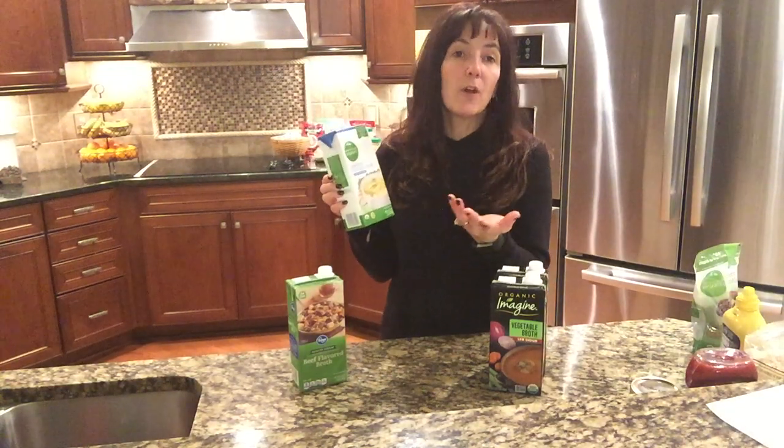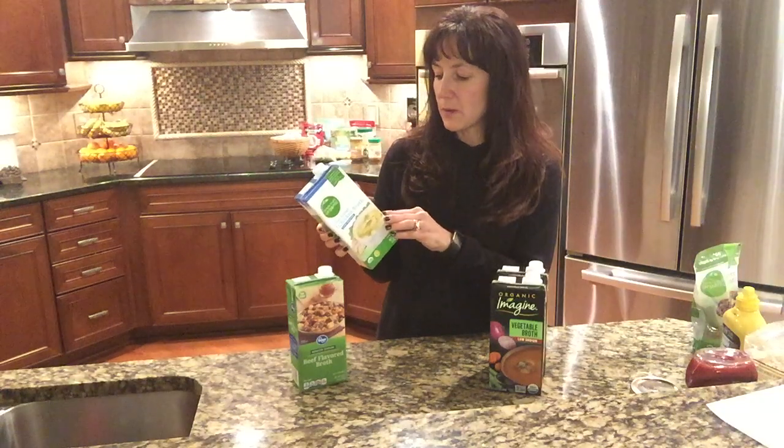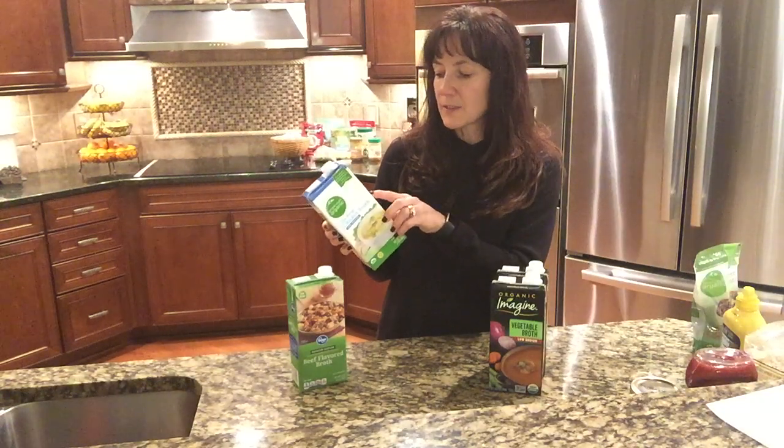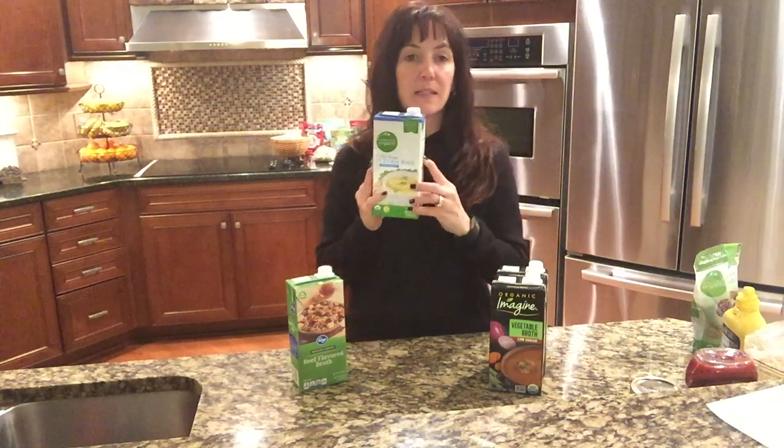This one happens to say low sodium rather than reduced, but I think it's kind of the same meaning. It's just a different brand here. And this one, again, the sodium is 140 milligrams. That's the range that I want at 6%. So when you're picking up your soups,